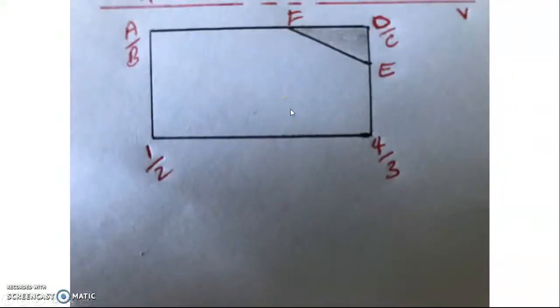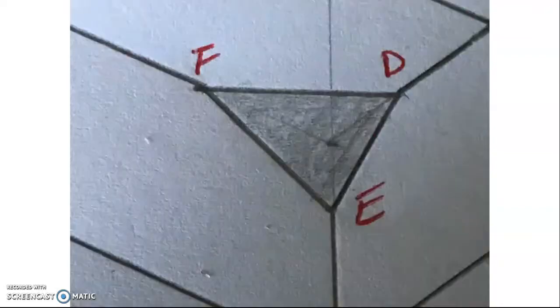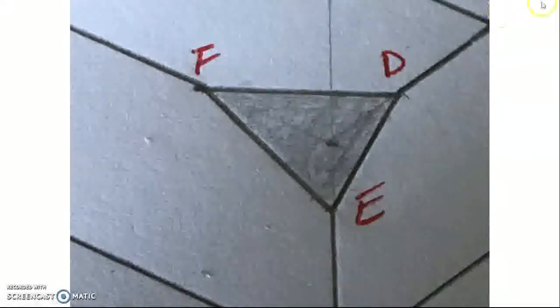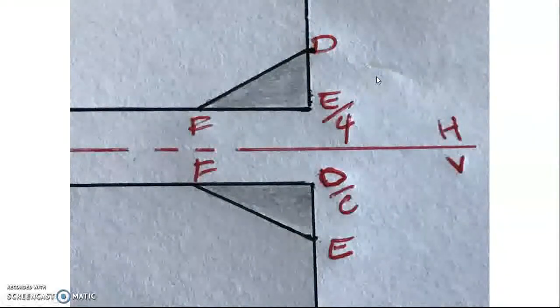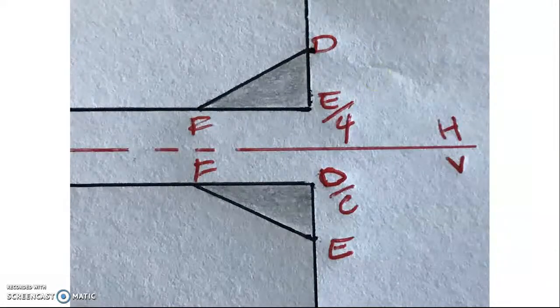Okay, now what is the next step? For the time being, we will just focus on the inclined plane for which we have to draw the auxiliary view, for which we have to get the true shape. Now let's just focus on this triangle formed by the 3 lines D to E, E to F, and F to D. As per your lectures and what you have learned about true length,